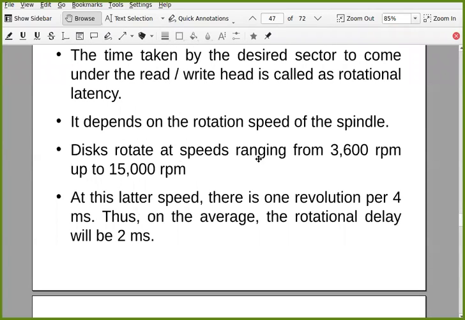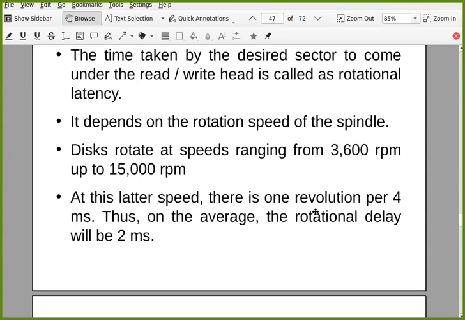Disks rotate at speeds ranging from 3600 RPM up to 15,000. So there are different types of hard disk with different speeds. At this latest speed, there is one revolution per 4 milliseconds. If you consider 15,000 rotations per minute, how much time will be taken for one rotation or one revolution?